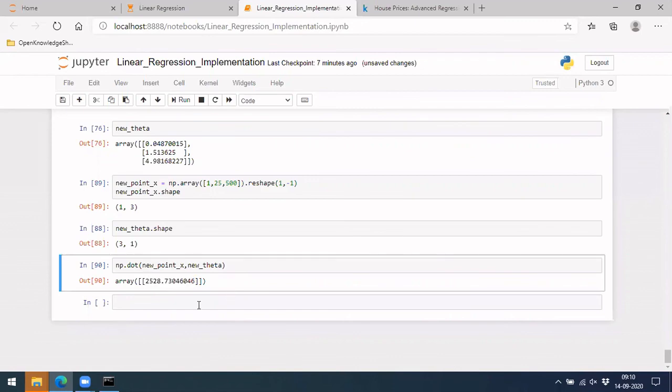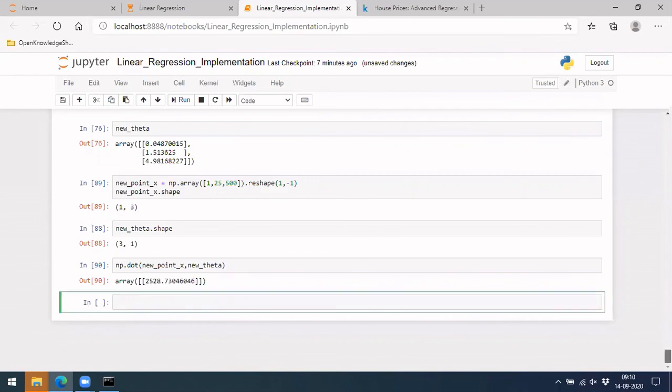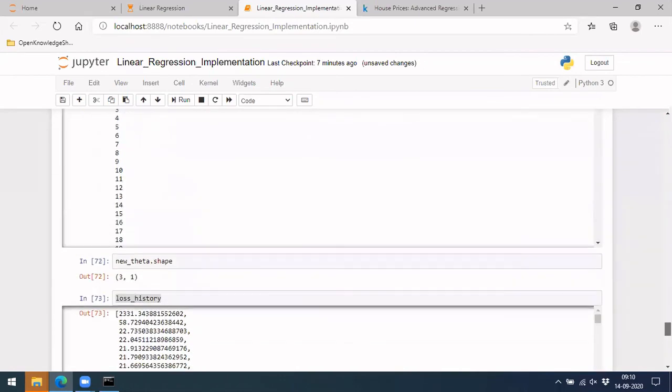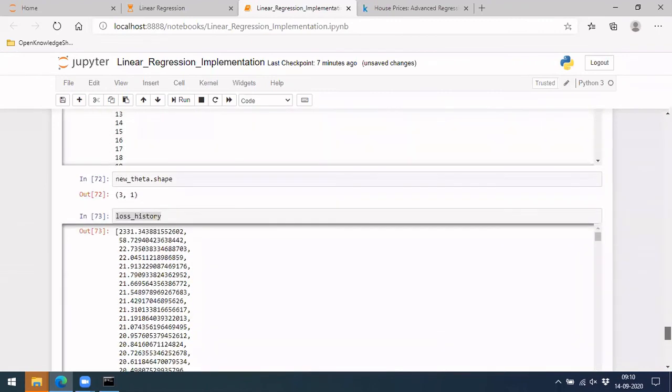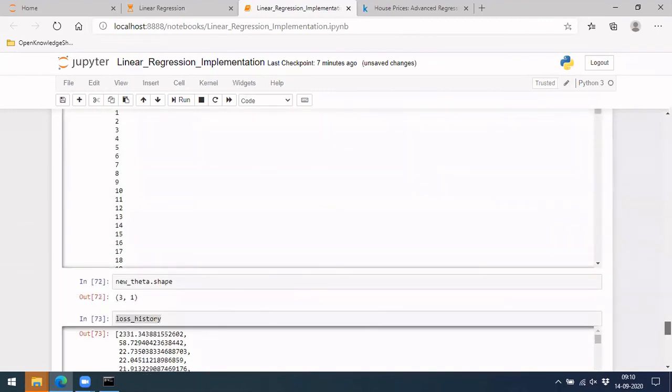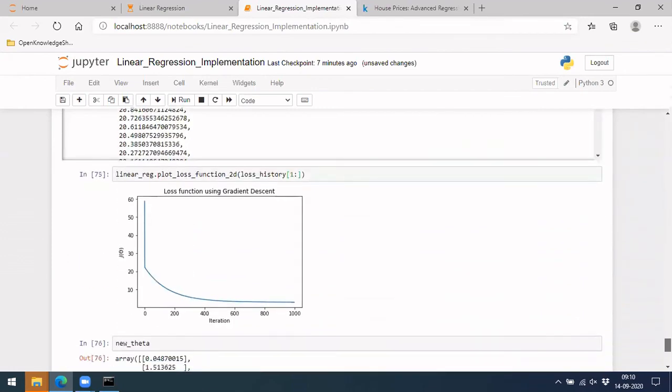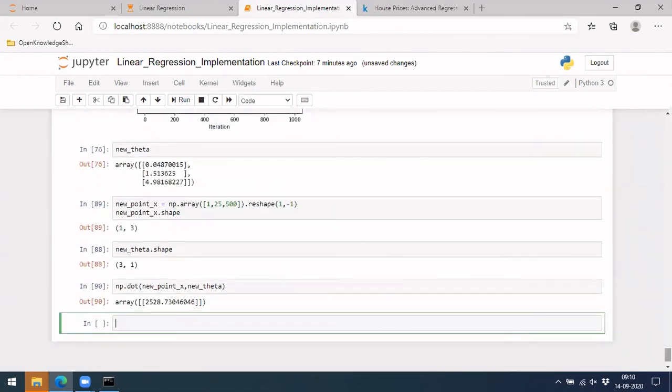Okay, so this is how finally we are able to learn the theta. I'm not drawing graphs for each; we can do the graphs for each x1 and x2 separately. Then we'll be getting what we saw in single variable linear regression. But even for a multi variable one, it should be similar. Okay, this is what I'm going to say here.